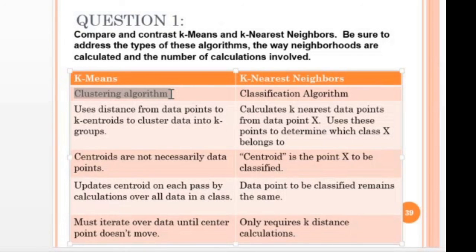In clustering, you don't know the label in the training data, and if you don't know the label, how can you assign a label to the unknown point? So the question of a label does not arise here in clustering. In classification, the examples which are used for learning purposes are labeled. That's why you know the labels, and according to those labels, one of them can be assigned to the unknown point. So this is called classification.